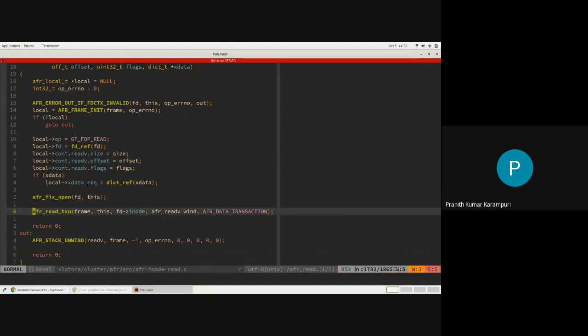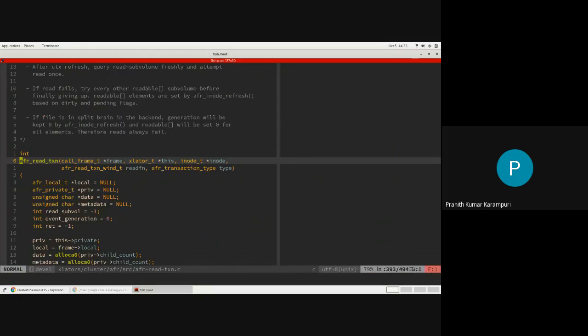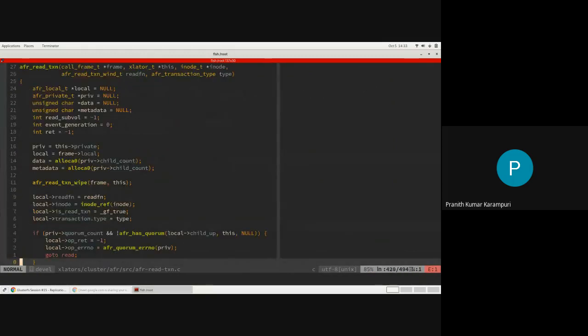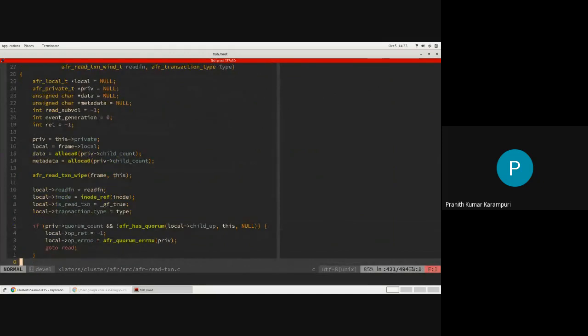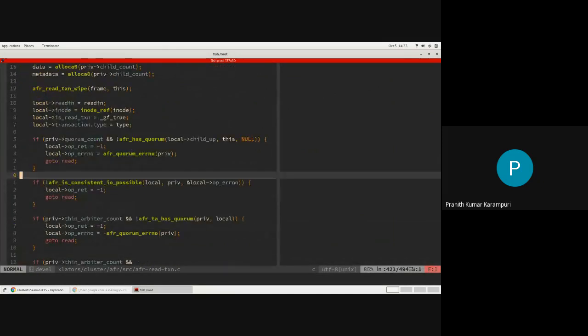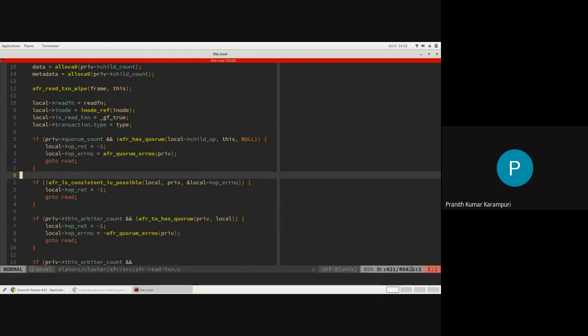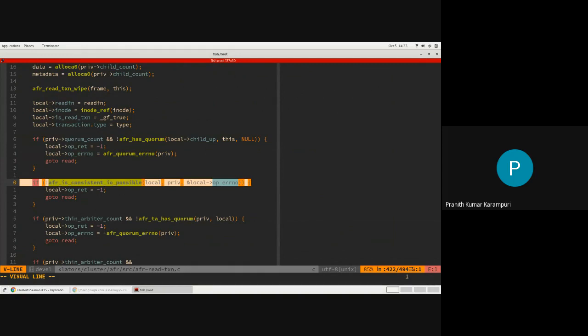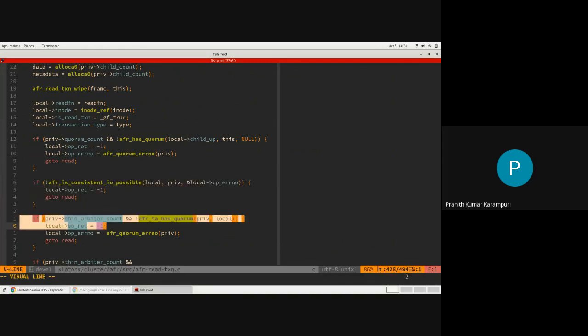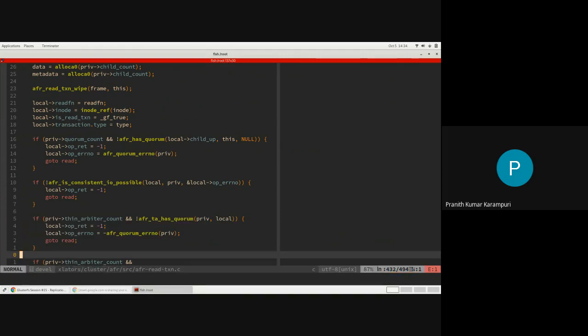In the AFR read transaction, these are all your validation checks. If the quorum is not present, then you should not do the operation. If there are some consistent IO options and it is not possible, then you are also not going to continue the operation. For the pin arbiter, there are some extra validations.